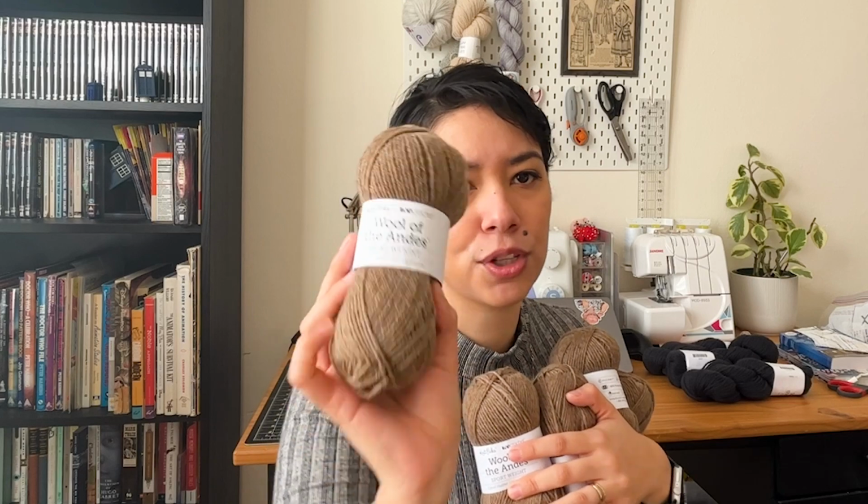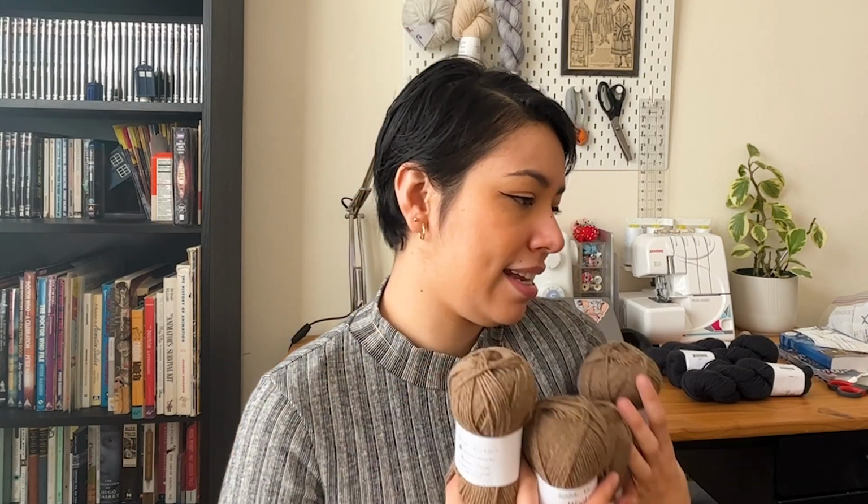But I think since the sale is coming, I thought I might as well. I also got this, like the one that I've worked with. But actually, no, this is sport weight. I've worked with the worsted weight. This is the sport weight version of Wool of the Andes. And I think there's